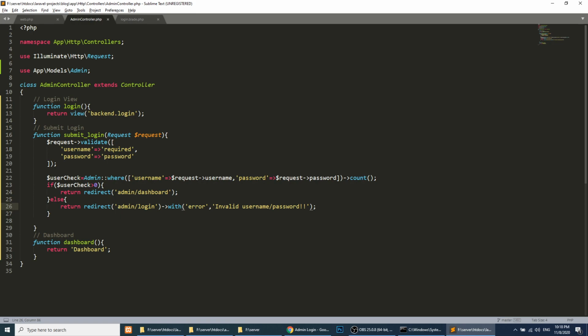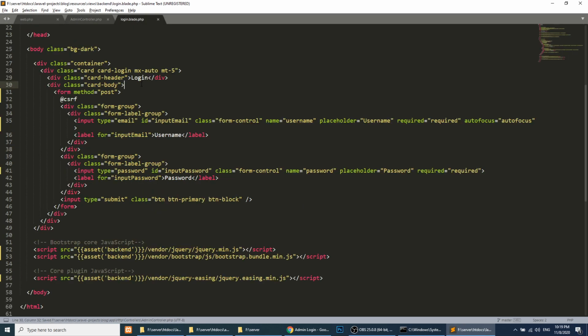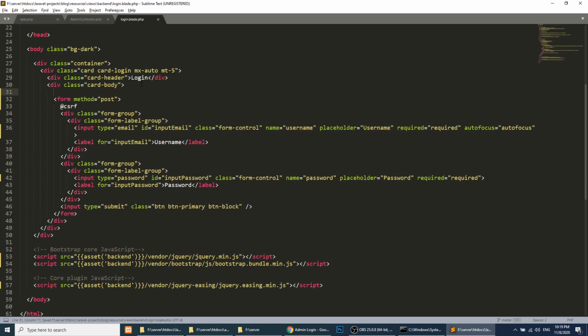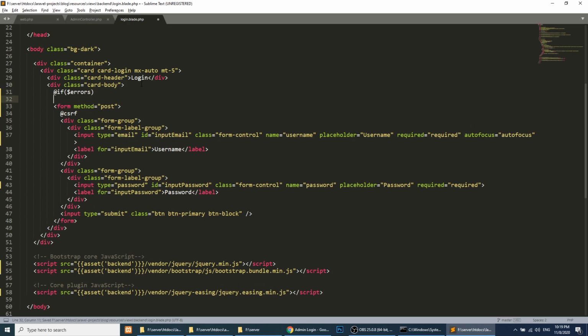If someone does not put the username or password, then we need to show the form error, and if somebody puts the wrong username or password, or if that username or password does not exist in our database, then we will show the invalid username or password message. Okay, so before the form starts, we will put here if $errors->any(),